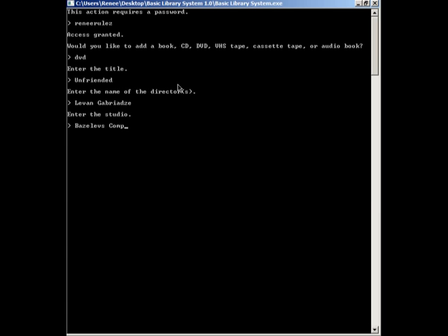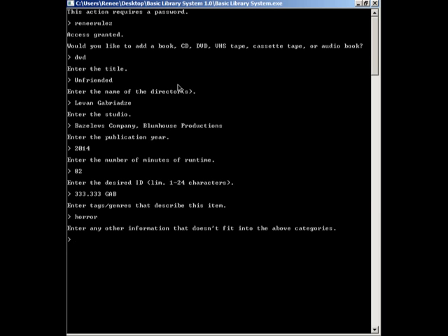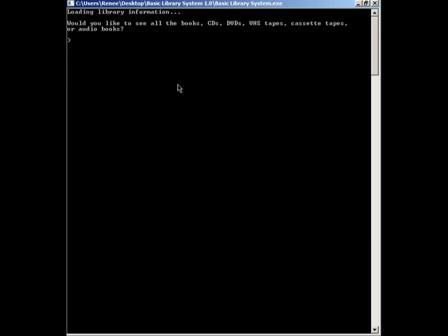And it's okay if there are multiple directors or multiple studios or whatever. You can just put them all in. And then you can put the ID, can be up to 24 characters. Obviously, I'm not doing proper Dewey Decimal System here, just for demonstration purposes. And yeah, so it saves it to the system, and then you can see among all the DVDs,